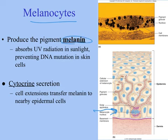Now, it wouldn't do any good if all of the pigment was in the basal layer. So what these cells do is they have cytoplasmic extensions that extend out into the more superficial layers of the epidermis, push those melanin granules into those extensions, and thereby providing some sort of shade